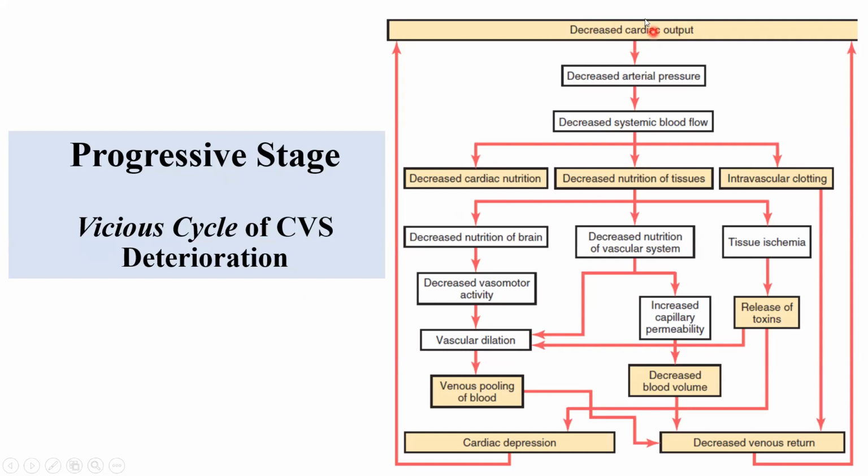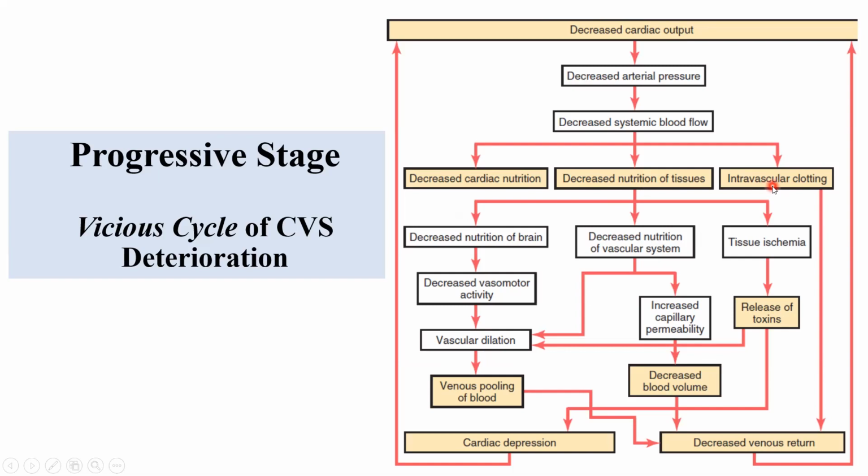So basically, there is decrease in cardiac output. Decrease in cardiac output will eventually lead to decrease in arterial blood pressure and systemic flow. And basically, this decreased cardiac output eventually will have an effect on cardiac nutrition itself. The heart will not be supplied blood to its tissues because of the decreased cardiac output. So heart gets less nutrition, tissues get less nutrition, and then this third and very insidious development of intravascular clotting